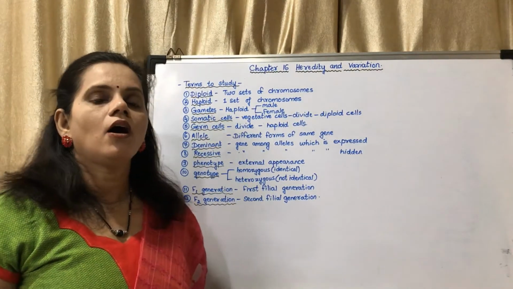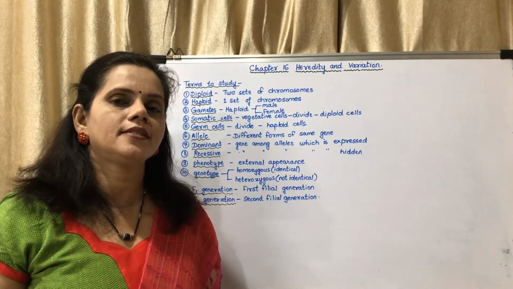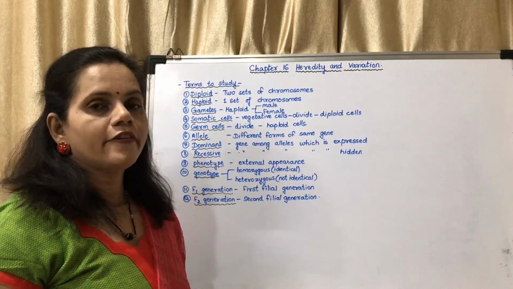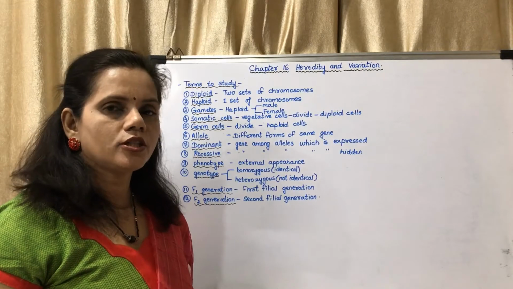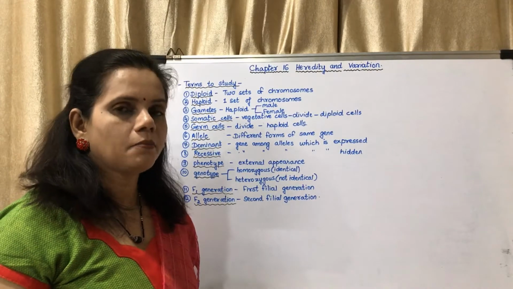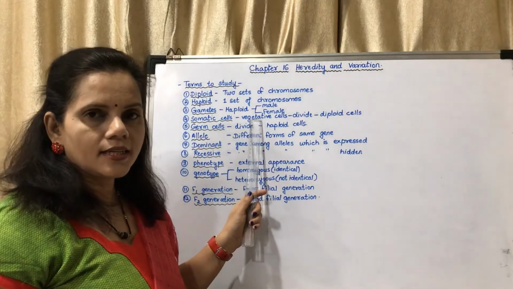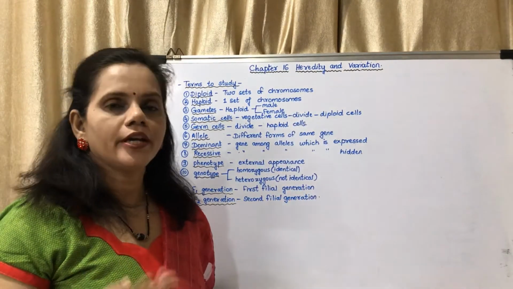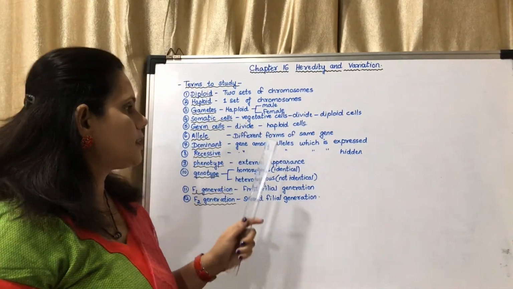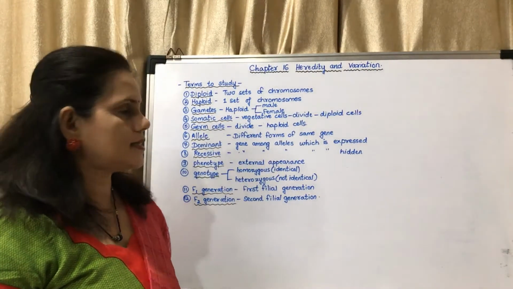Somatic cells means all the cells in the body except the germ cells, that means the reproductive cells, the cells which produce gametes. Where are the gametes produced? The gametes are produced in the reproductive system of our body. Not only in our body, in plants also, in animals also. The somatic cells are vegetative cells and they divide to produce diploid cells. Germ cells are present in the reproductive system. They divide to produce haploid cells which are called gametes.